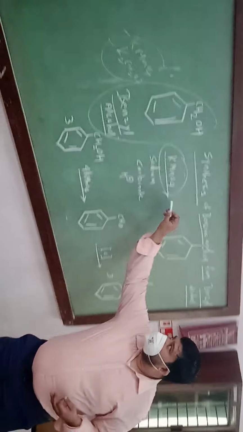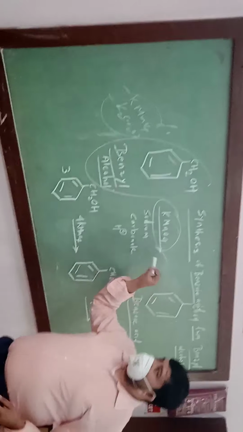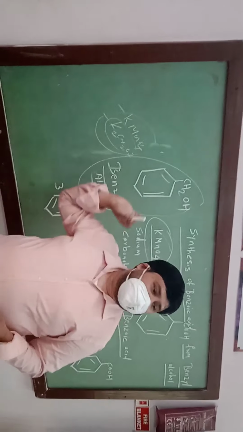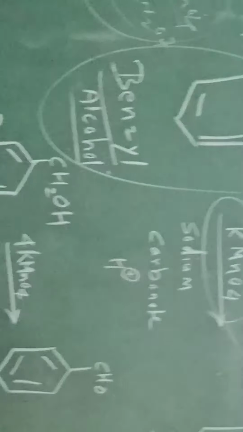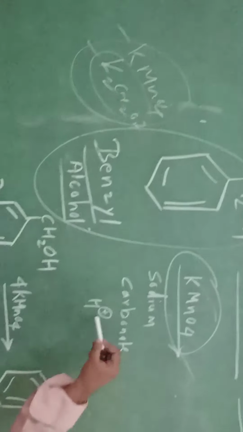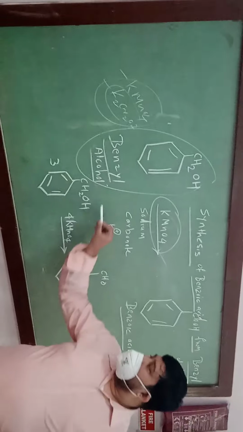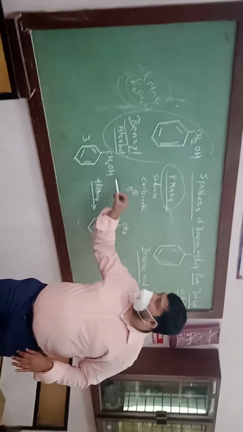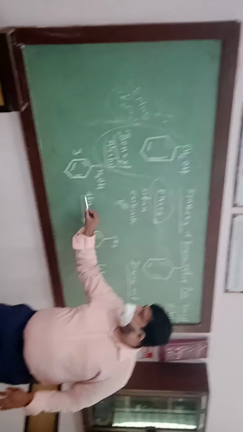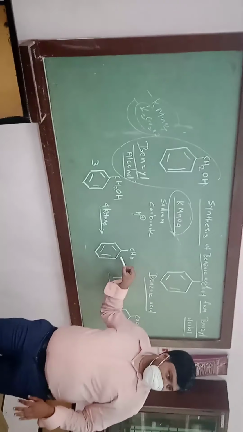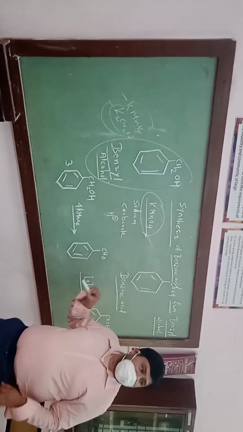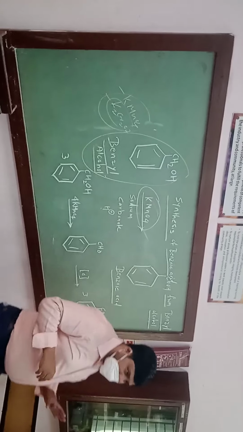We are oxidizing using KMnO4 as the oxidizing agent. So that's a sort of viva question: what type of reaction is this? You will answer, an oxidation reaction. An oxidation reaction will require one oxidizing agent. We are using KMnO4 as the oxidizing agent. Is there any other option? We can use K2Cr2O7.